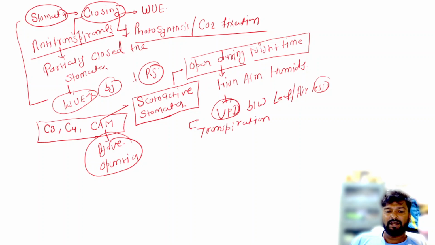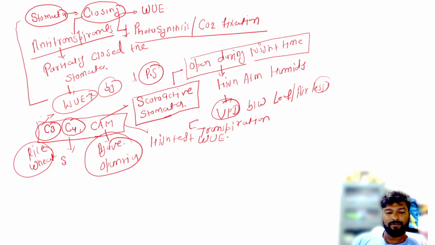Okay, so they have the highest water use efficiency. Okay, then these two are the important groups of plants and the majority of plants on this earth are C3 types. The examples are rice, wheat, and the C4 group includes sugarcane, maize and grasses. Okay,